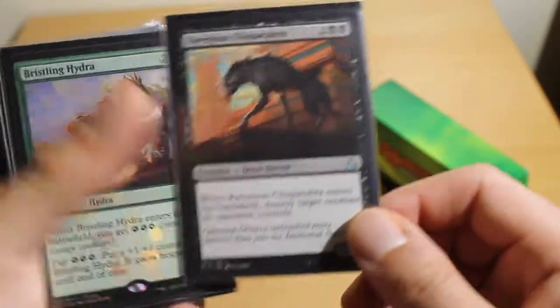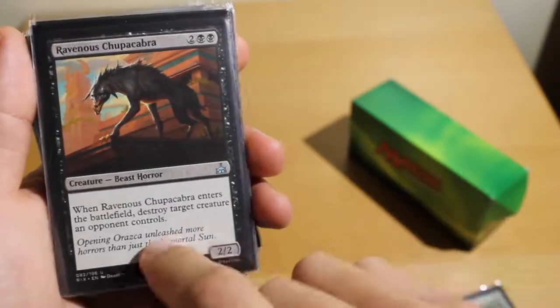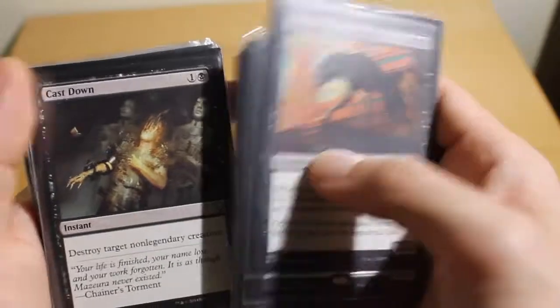Constrictor list, because they're running 4 Ravenous Chupacabras, 4 Thrashing Brontodons. Like I said with the Glint-Sleeve Siphoner, they're building all of their stuff, the card draw, the removal, everything, into creatures now, and that establishes your board as well as doing the effects. So maybe I take out a Cast Down for Ravenous Chupacabra,